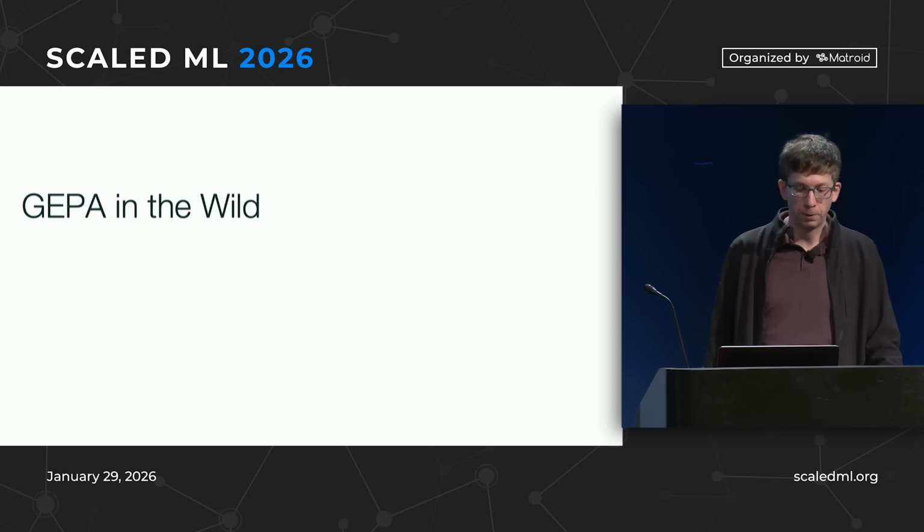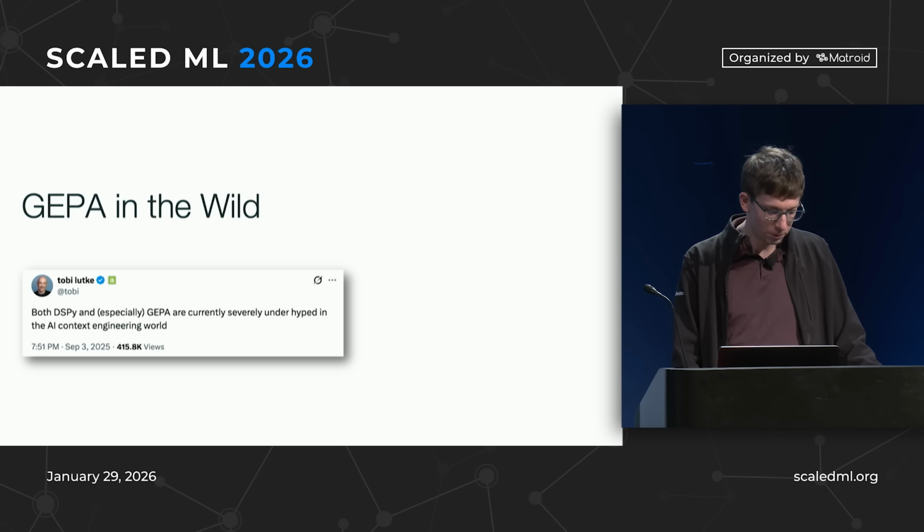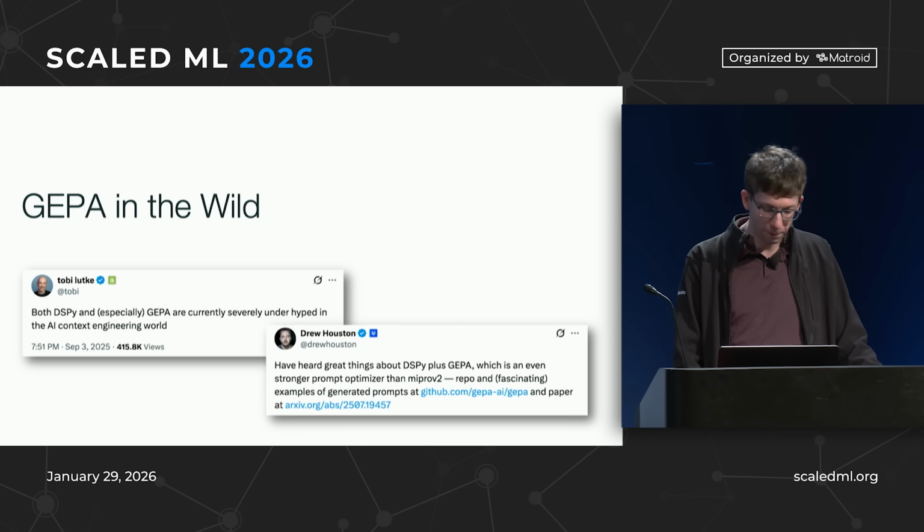So how are people using this? I think the coolest thing I can say about it is the CEOs of both Shopify and Dropbox have both tweeted that you should try out GEPA and DSPy. I guess they're playing around with it and finding them to work. That's cool. That's never happened to Spark or any of the other things I worked on, as far as I know. So that's fun. But more seriously, there are a lot of cool applications.